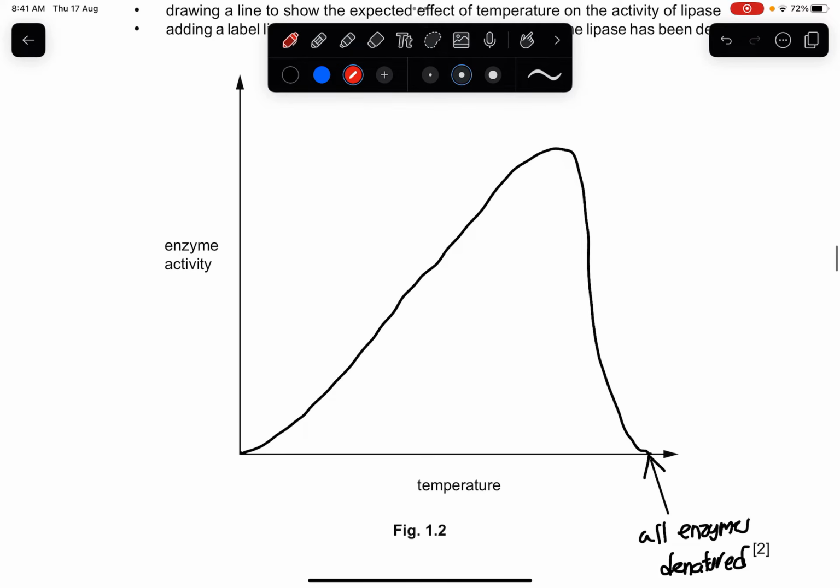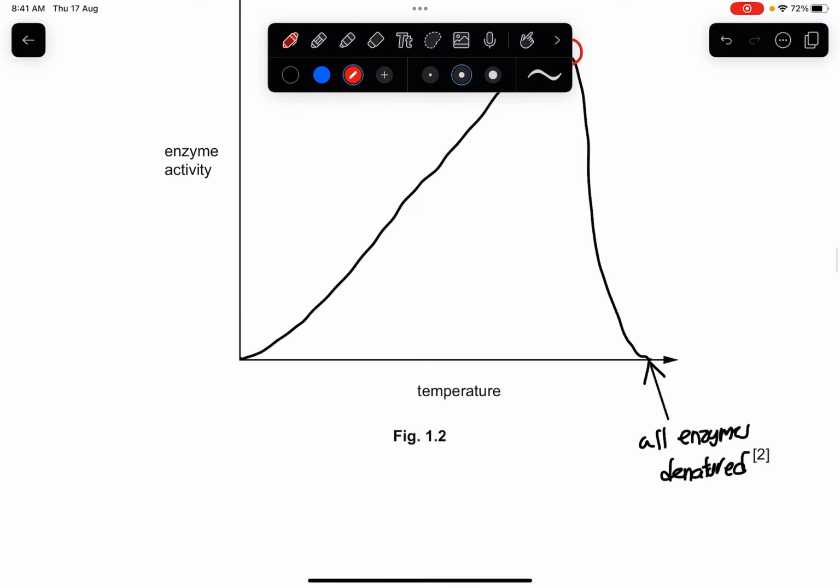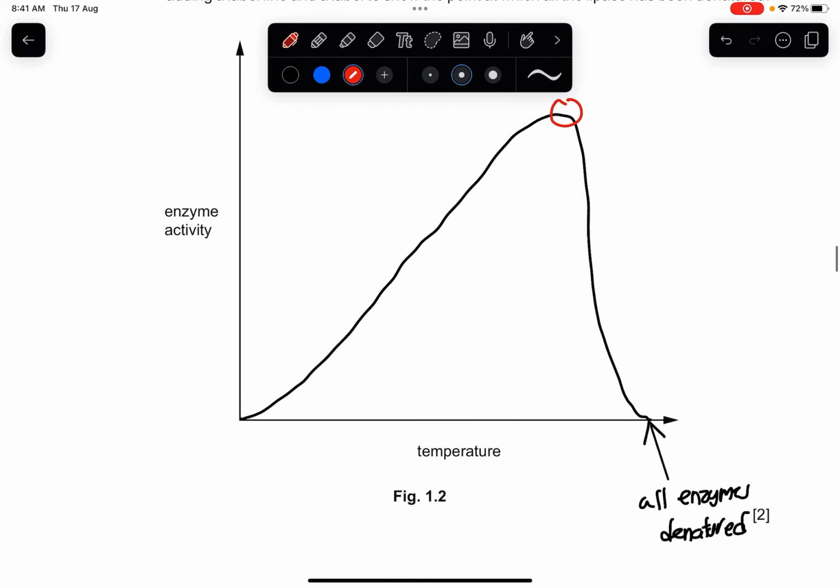So what does this do is that it always increases and it has an optimum pH here, and it starts to go down and denatures at a higher temperature. So you can see that temperature is here and enzyme activity. As the temperature increases in the beginning, the enzyme activity is higher, and once it passes the optimum pH, the active site starts to change, and eventually